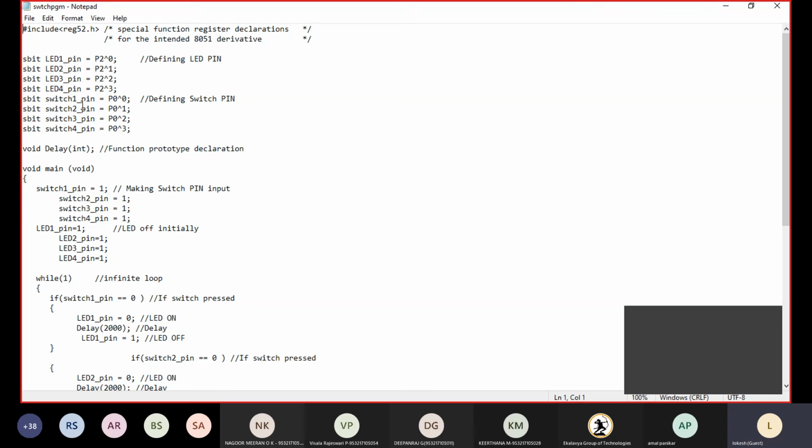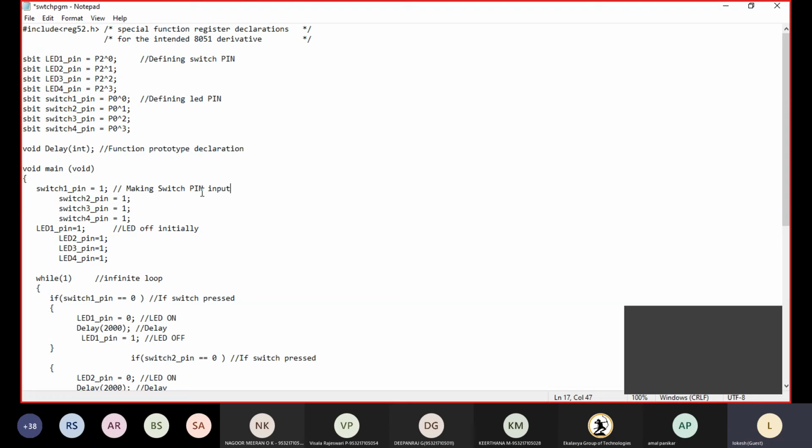Next, switch 1, switch 2, switch 3, switch 4 is nothing but LEDs. So I will write this one as the switch in our microcontroller program, and this one as the LED. Like that we need to do.